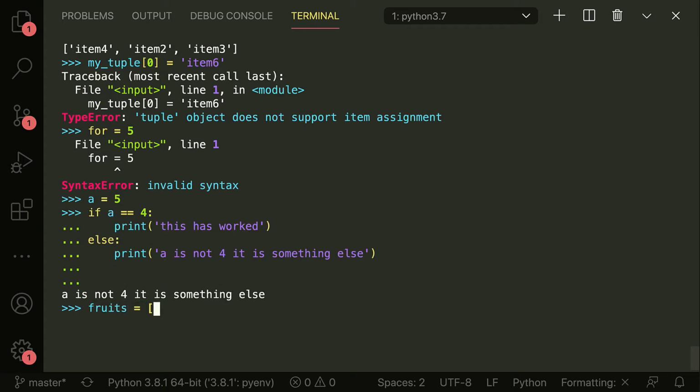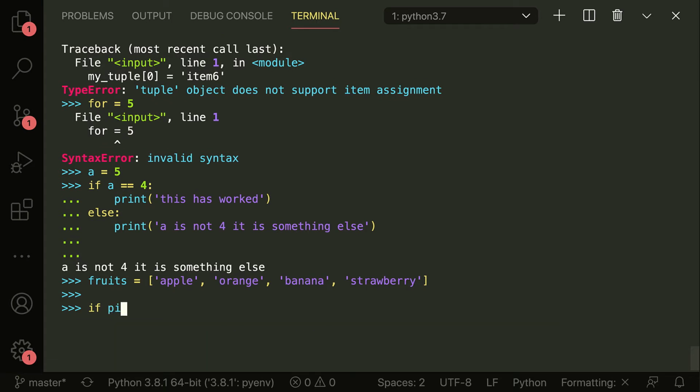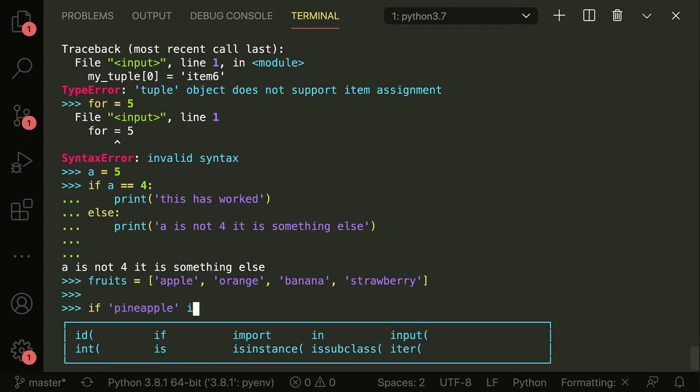Fruits is equal to, and this is very cliche, apple, orange, banana, strawberry, and then we can say something like if pineapple is in fruits,